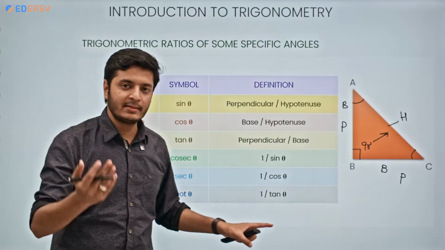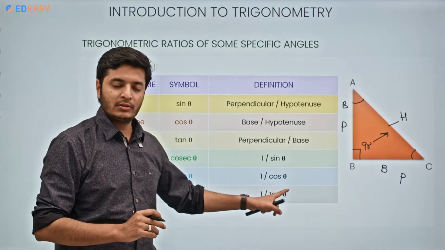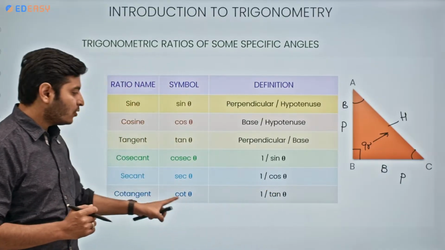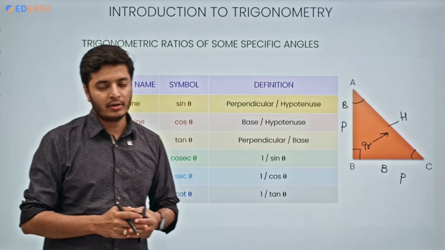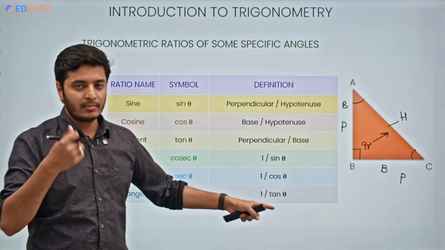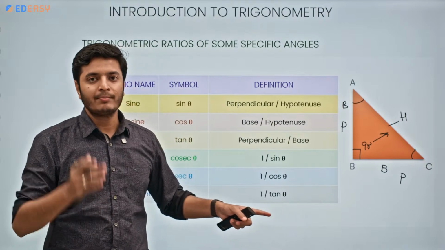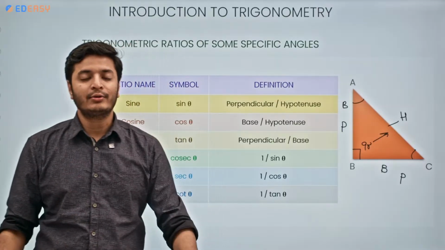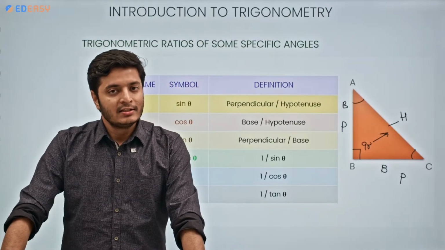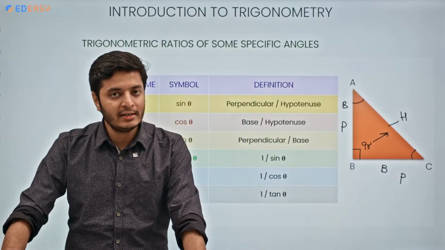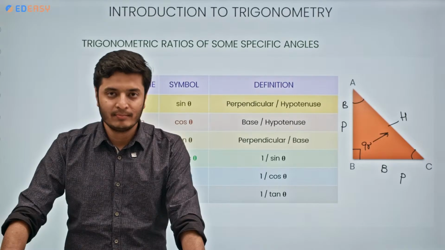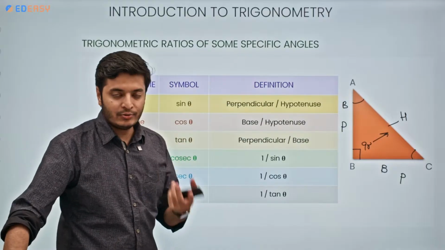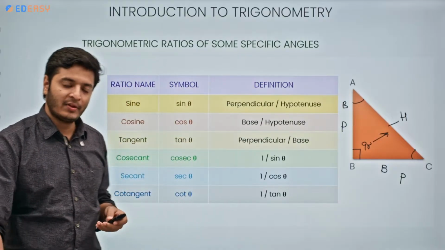Secant is nothing but the reciprocal of cos. So 1 by cos. Cos theta is base by hypotenuse. 1 by cos would be hypotenuse by base. Cot is reciprocal of tangent or tan. So 1 by tan. Tangent is perpendicular by base. So 1 by tangent will become base by perpendicular. So this we understood. This we can easily remember. There's a memory trick also, right? I told you in the last session, some people have curly black hairs till painted black. Correct? This memory trick you can use to remember these ratios. Correct? Now,